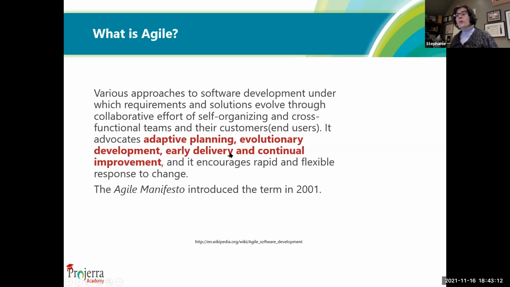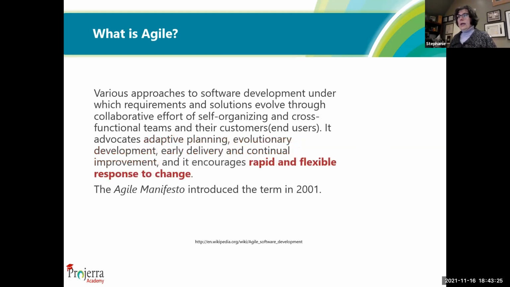And yes, it's important to have that delivery, to give the customer an element of, this is what you're going to get. Do you like it? Yes and no. And then change your approach if it's not what they want. Being flexible and adaptable to change. This is a fundamental piece of Agile. You don't have the formal contract. You don't have requirements. Yes, you do have some, but they're a little bit loose and a little bit flexible, and they can evolve and they can change.